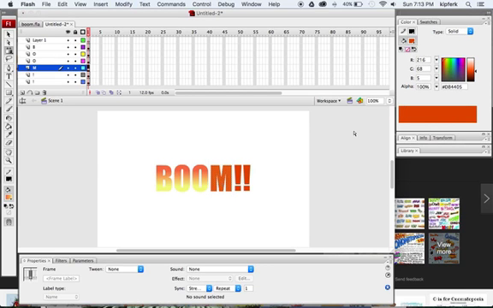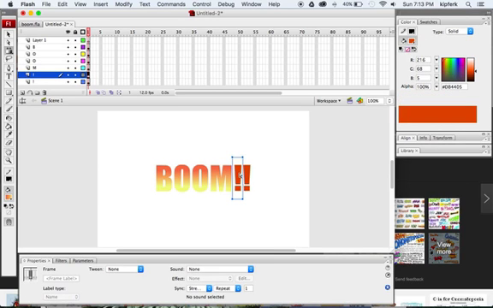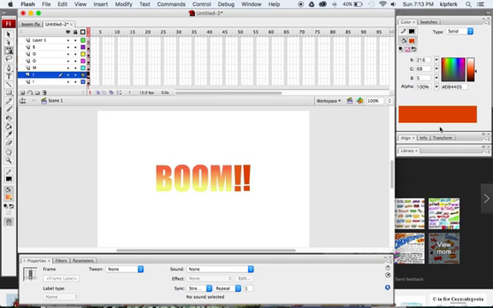Oops, you've got to break that apart first, then go to linear, and then rotate that gradient. So again, you want to take this symbol, press Window and B or Modify, Break Apart, to do it one more time,